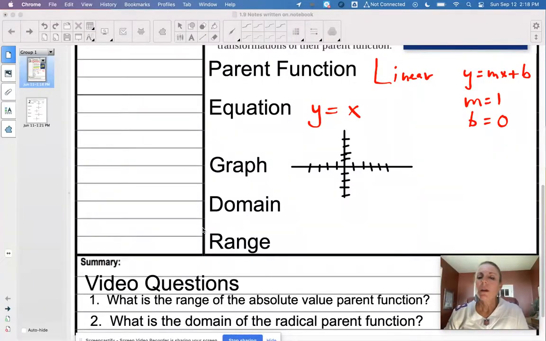linear. And the equation for linear is y equals mx plus b. When you're dealing with the parent function, the slope is 1 and the y-intercept is 0. Thus, the equation is y equals x. So when we graph that,